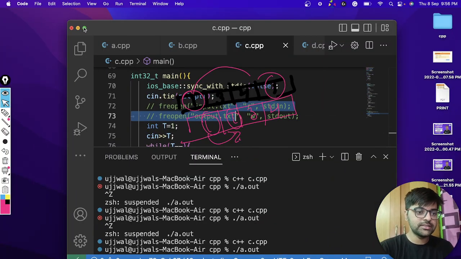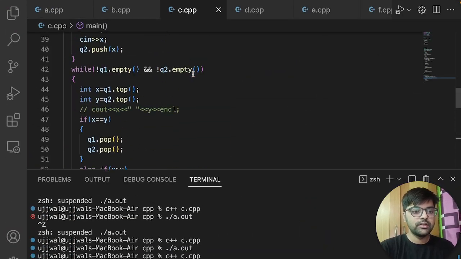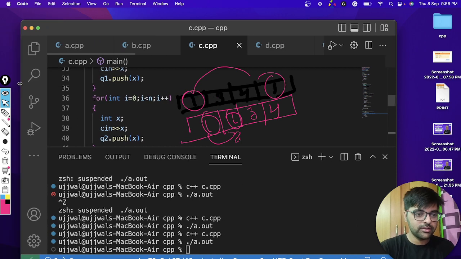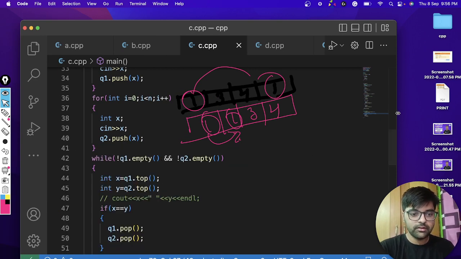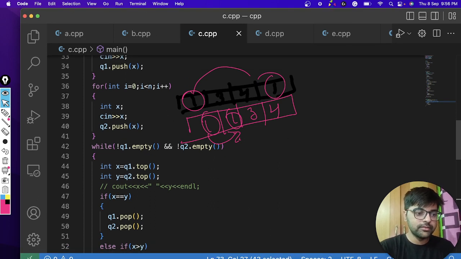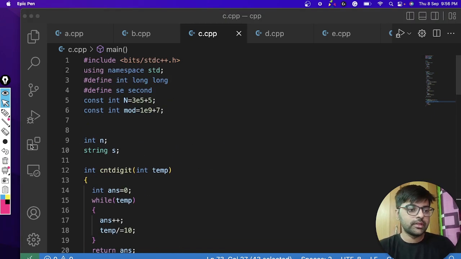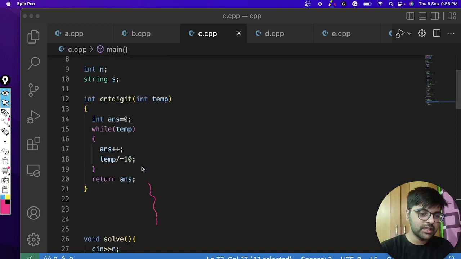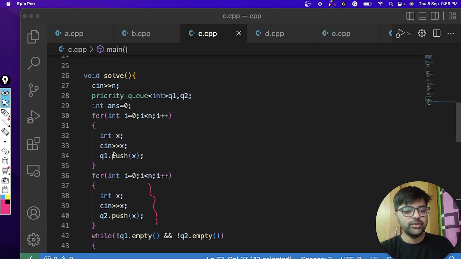So how I implemented this, I will show you. So let's consider some smaller versions. I have written a function to count digits. This simply divides by 10 and gives me the total number of digits, right? So this is the count digit operation function. Now I have taken two priority queues.